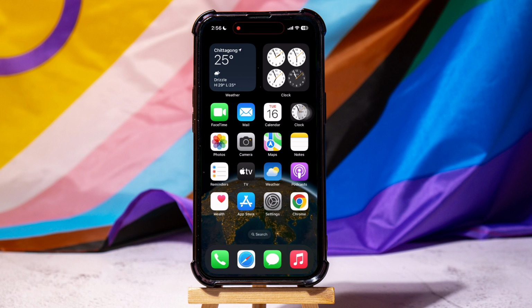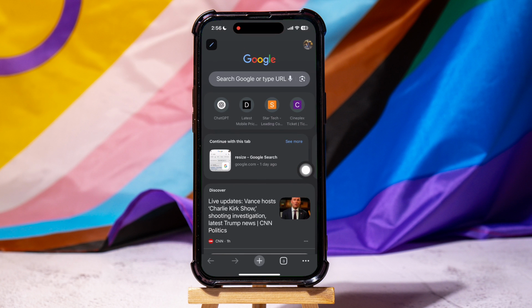How to delete Chrome history on iPhone. To get started, first of all go ahead and open up the Chrome browser on your phone. The Google Chrome app on iPhone allows users to browse the web, manage tabs, search the web, and synchronize settings